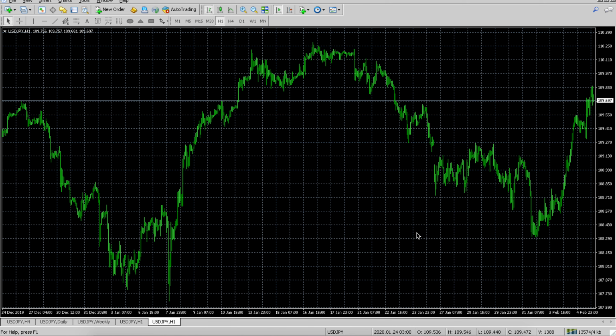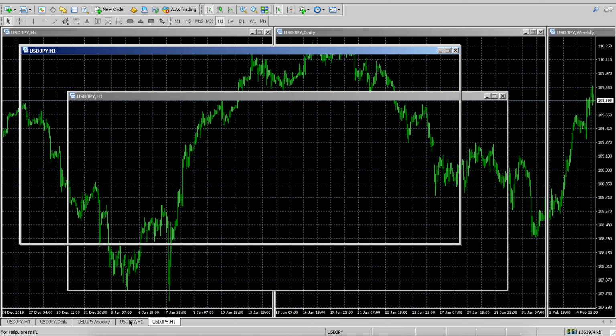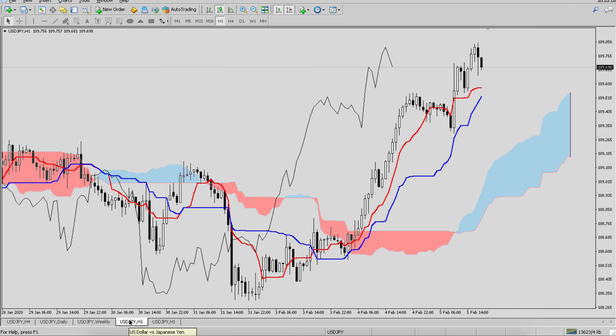In this video I want to teach you how to install the Ichimoku indicator into your MT4 platform, and also how to make your charts go from looking like this into looking like that, which is much more pleasing for your eyes.